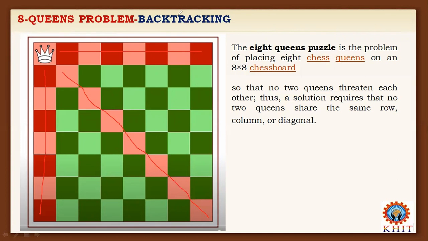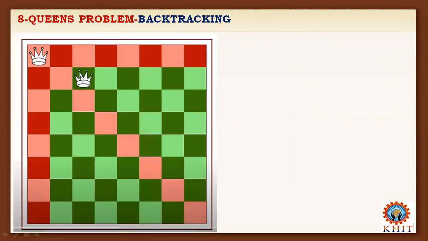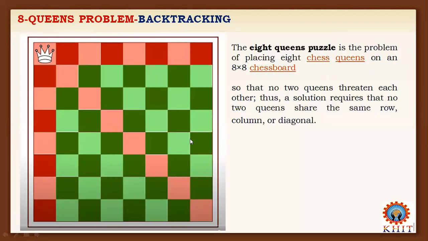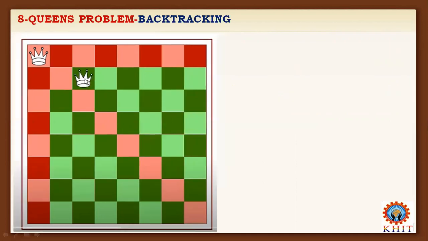Okay. So next we will see how to solve the problem. The first queen is placed. Next, I have placed the second queen. Observe clearly, the previous one and this one. So here there is a possibility of placing the next queen. If I place the next queen here, what will happen? We will do the placing of the next queen.